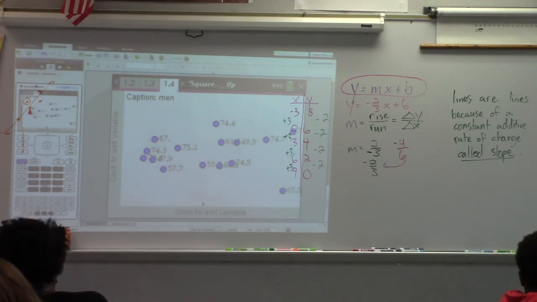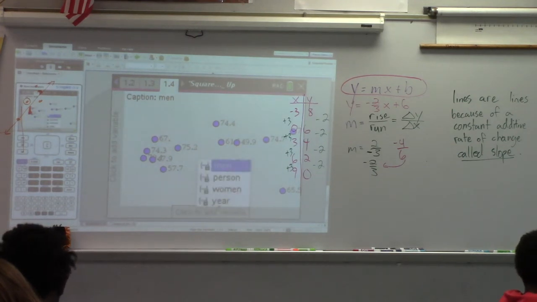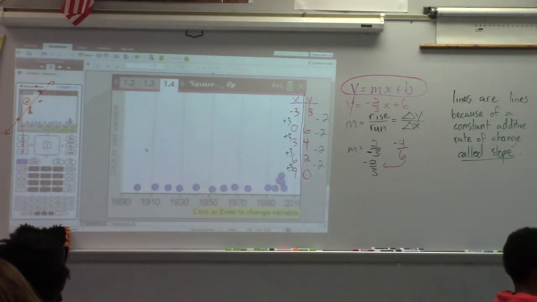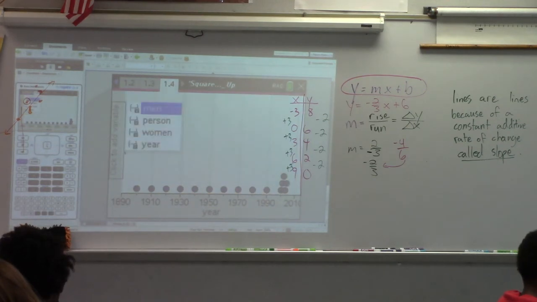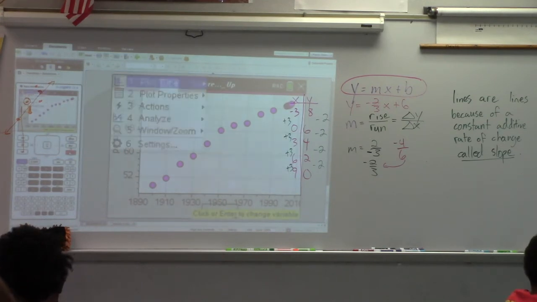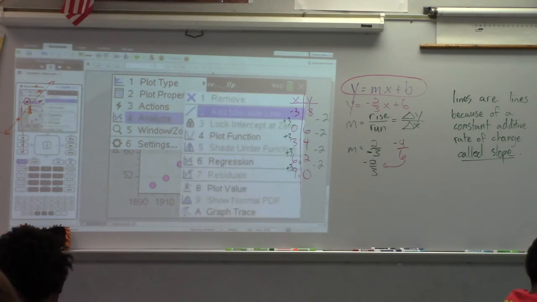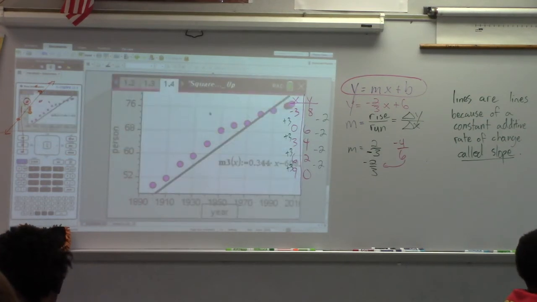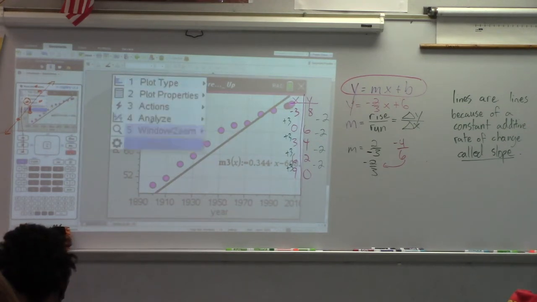What was supposed to be on the x-axis? Thought it was year on the x. And on the y? Person, being their life expectancy. And you can go back through the directions. So how did we add that movable line? Menu, analyze, add movable line. What do we still need? The squares. So I need to go back to menu,